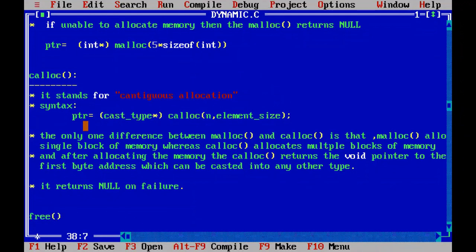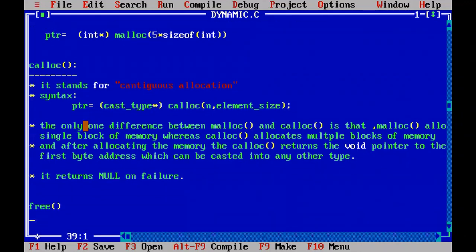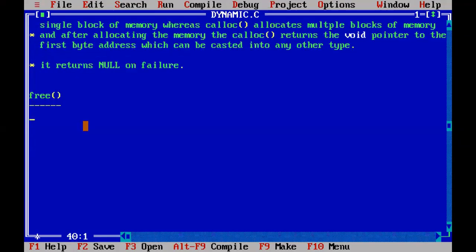What is the free function? Simply, I will elaborate what a free function is. It is used to deallocate. Deallocate means remove the memory.